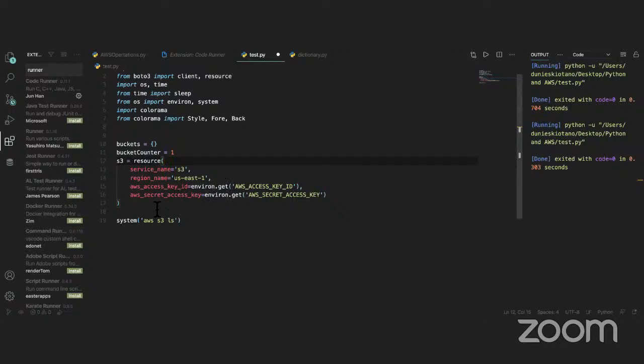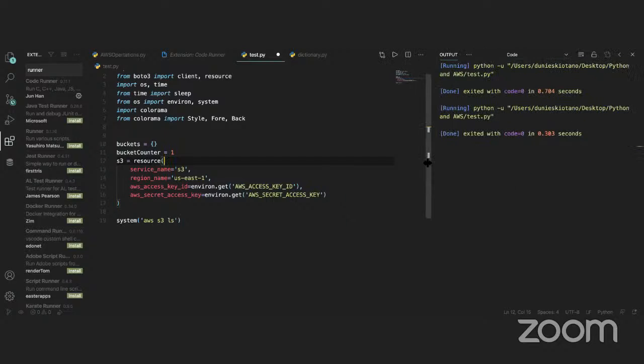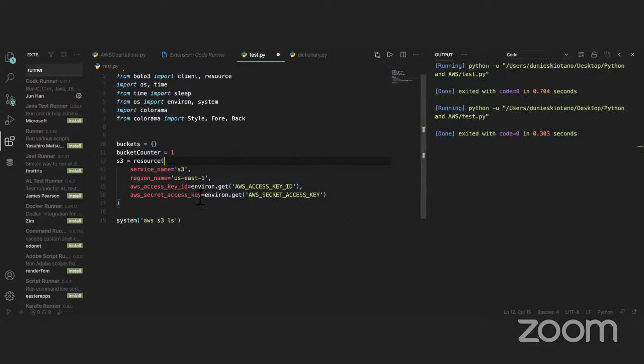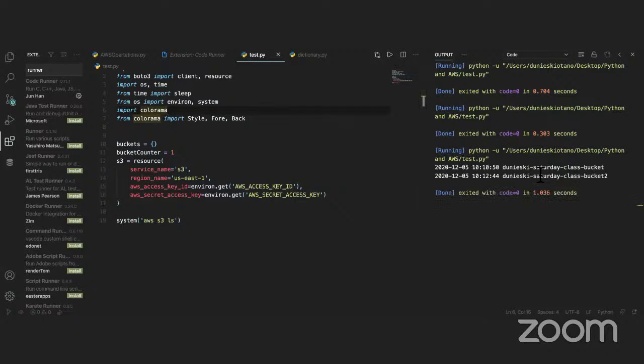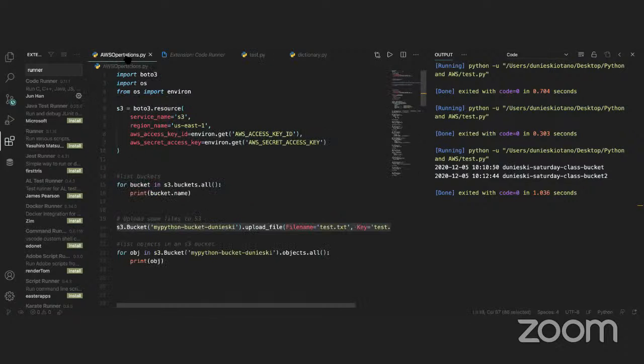Okay. Not getting anything. System ls. Okay, because I haven't saved it. Okay, not a problem. So I get the buckets here, right? I get the buckets here. So I can do the same here. I can use some Python code if I want to